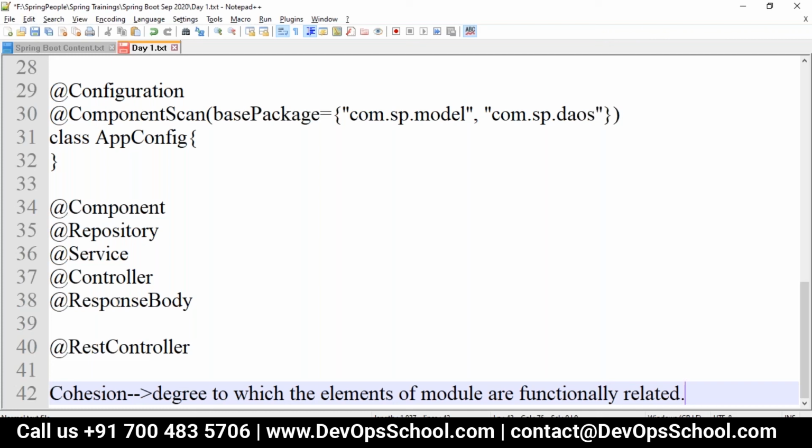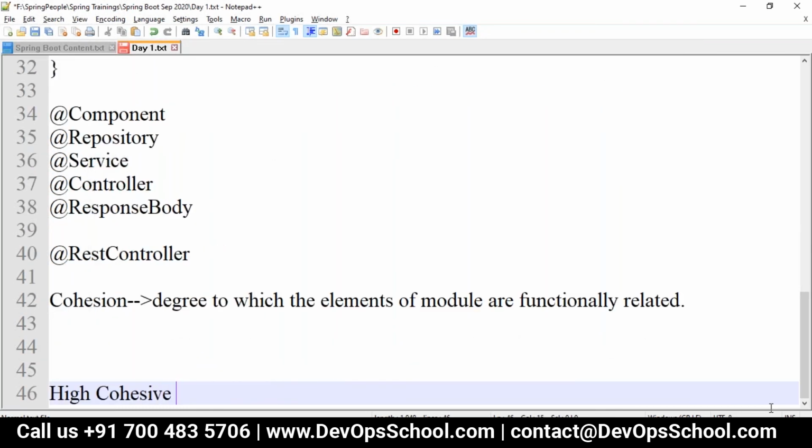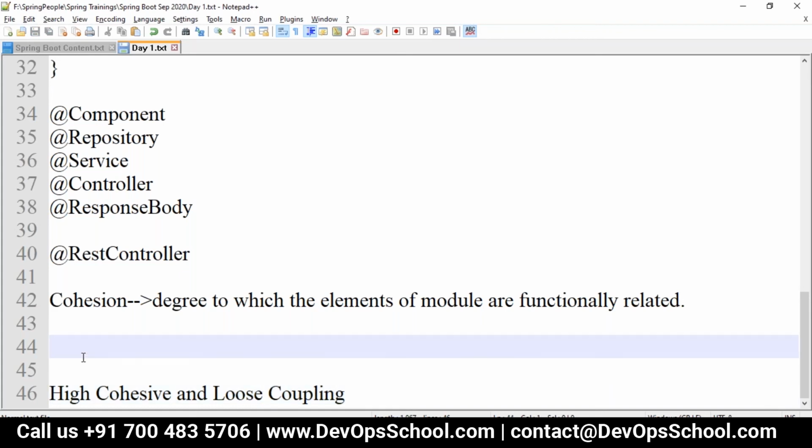Whenever we develop any application, we always say it should be high cohesion and low coupling, or we say loose coupling. A good design should be highly cohesive, that is functionally related, with functional cohesion, where every element of a single computation is contained in the component.